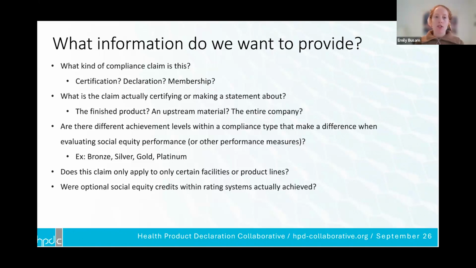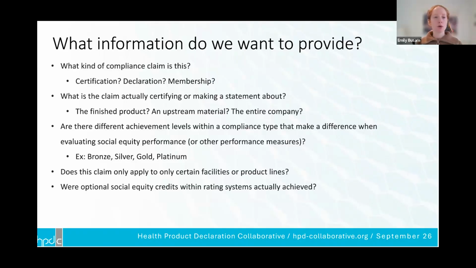Also, are there different achievement levels within a compliance type that make a difference when evaluating social equity performance? An example of that is a rating system like ones that have bronze, silver, gold, and platinum. And at each level, there are different social equity performance measures, and those make a difference when you're reporting out. Does this claim only apply to certain facilities or product lines?